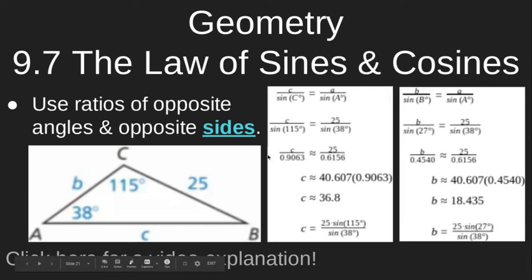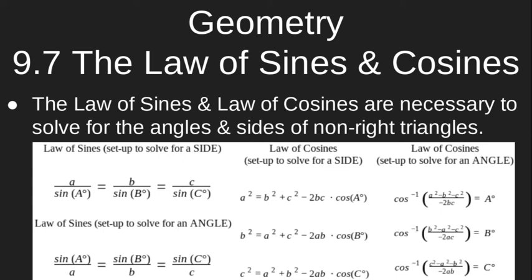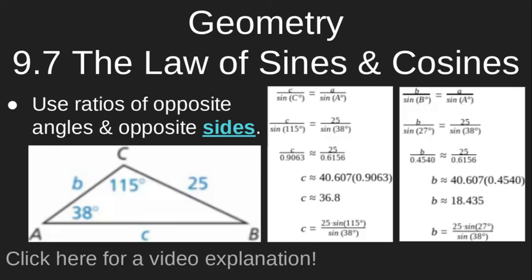When we set up law of sines, which you can go back to this slide to check out, there are two ways of setting it up: either putting the side lengths, the little letters, on top, or the angles, the big letters, in with the sine function on top. Right now, we're finding a missing side length, so we're going to have the little letter on top, and underneath it is sine of the angle measurement opposite of it, the 115. Meanwhile, side A would be 25, it's on the diagram, and the sine of its opposite angle is 38